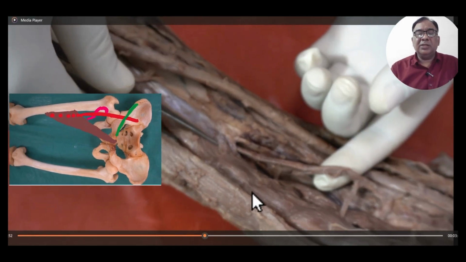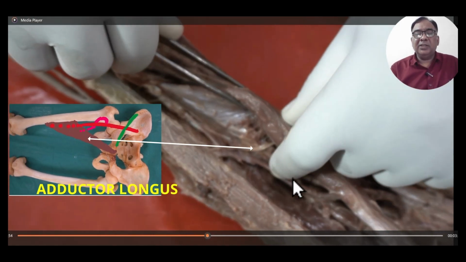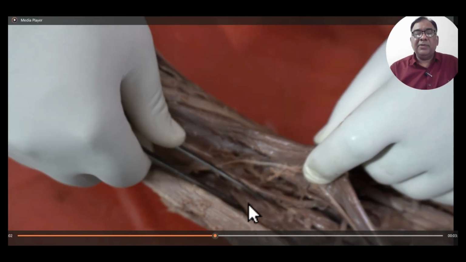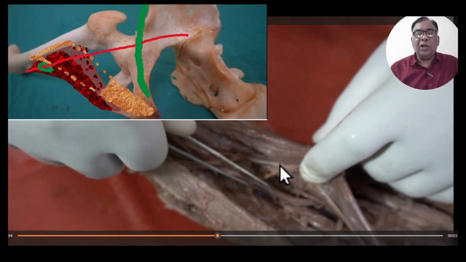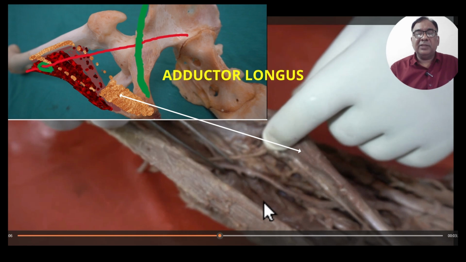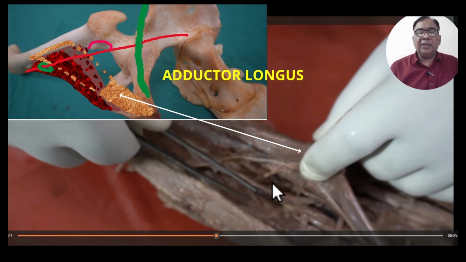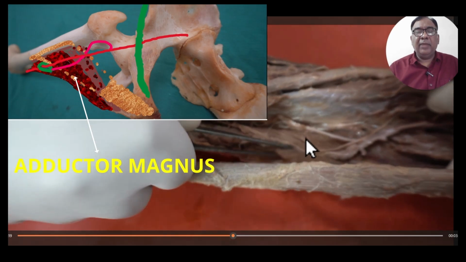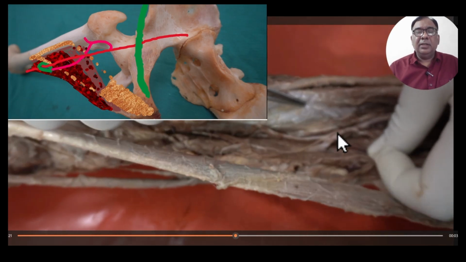This is adductor longus muscle. It passes deep to adductor longus muscle and here runs downward and medially. And this is adductor brevis muscle. Here it passes between adductor longus muscle and adductor brevis muscle. First it runs between adductor longus and brevis and then it runs between adductor longus and adductor magnus here and